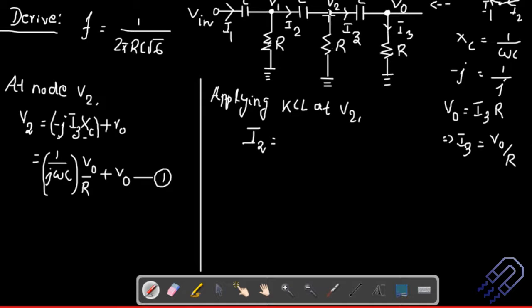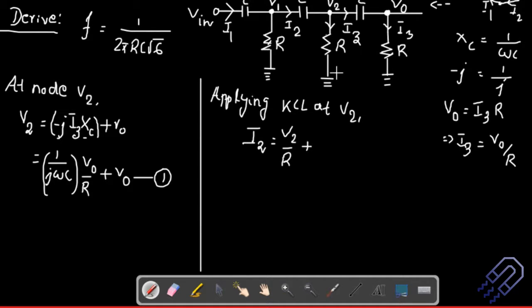So you see, this is your I2, which is coming in. I will take this as one direction, and the other two currents that we have are this one and this one. So this is also, sorry, not I2, V2. Let's say we are having that final current. This is not the final current here. So the current flowing across R can be written as V2 divided by R. That's the current across this. This is the direction of the current.